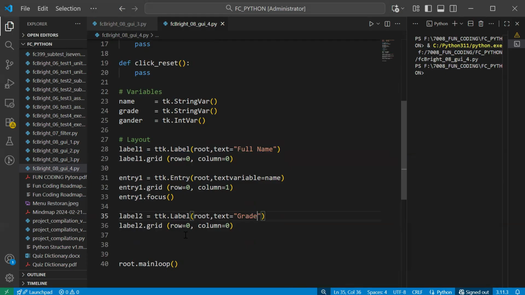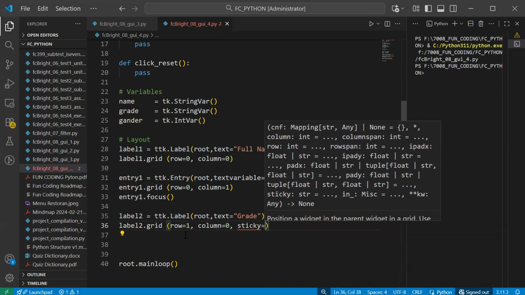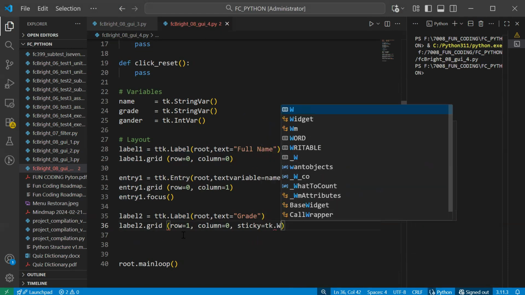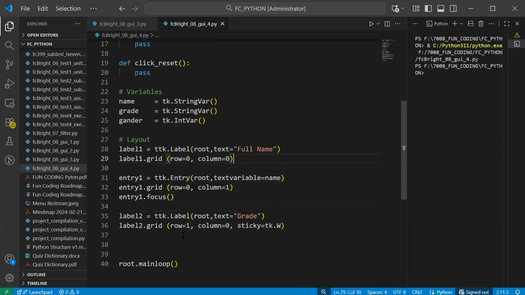Then label 2 you put in the position row 1. So this is the second line. Row 1, label 2, and then normally you do the sticky, sorry. So sticky, this. You put this also in the grid.